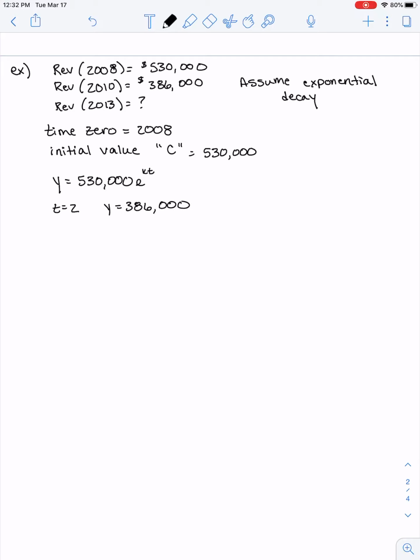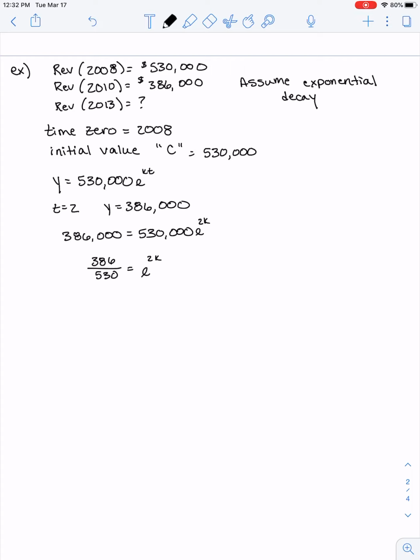So if we plug this in to figure out our proportionality constant, we get 386,000 is equal to 530,000 e to the 2k, because this is 2 years later. Wonderful. So now we can divide by 530,000 and reduce, and you get 386 over 530 is equal to e